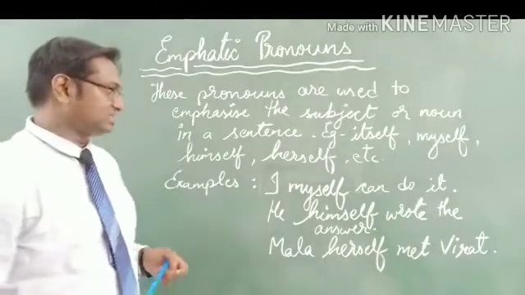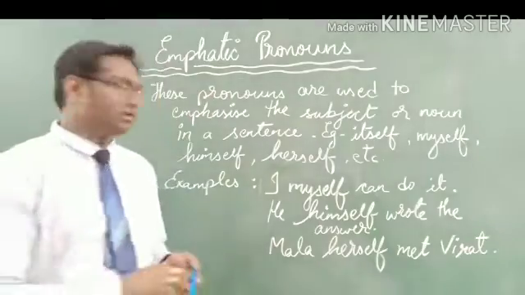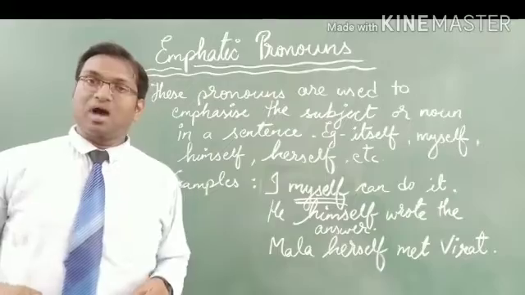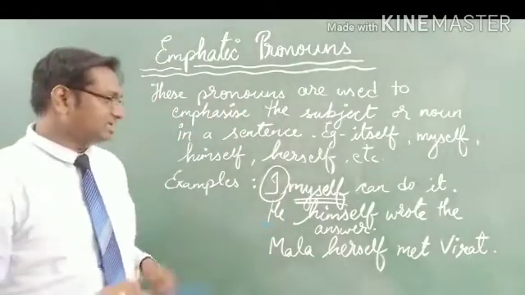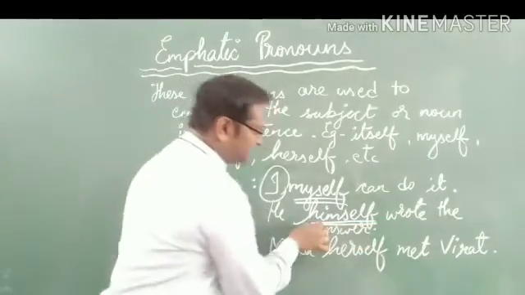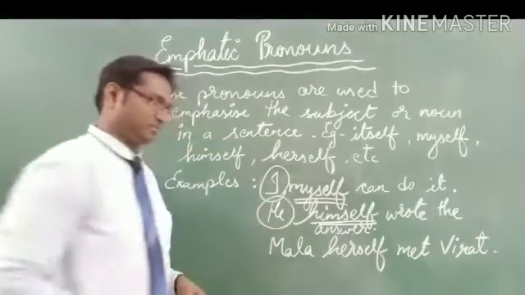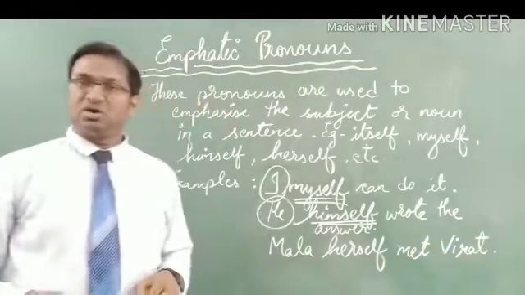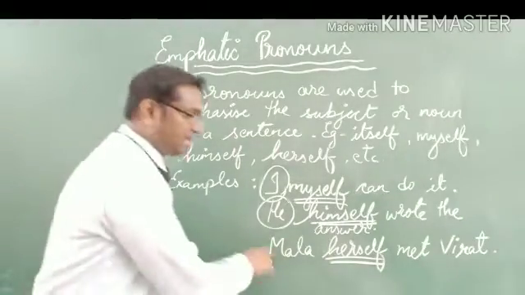Now let's see the sentences. I myself can do it. Over here, myself is your emphatic pronoun. Why? Because it emphasizes the subject I. Second, he himself wrote the answer. Again, himself is your emphatic pronoun and the subject is he. Third, Mala herself met Virat. Over here, herself is an emphatic pronoun because Mala is your